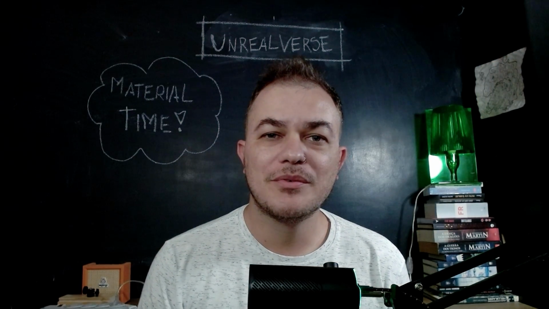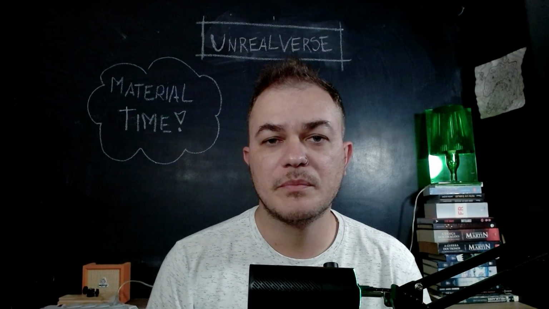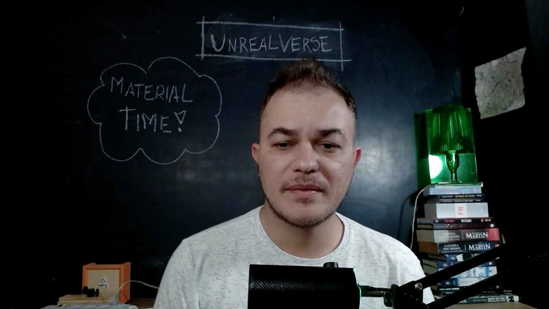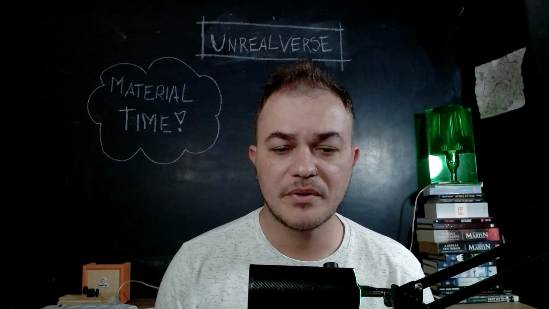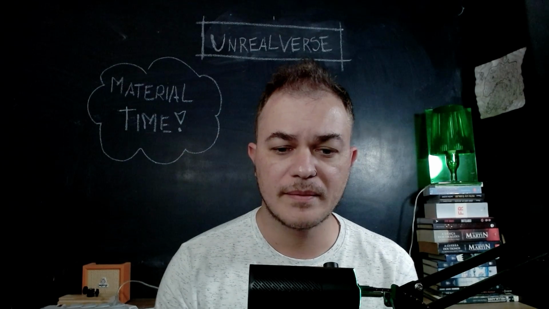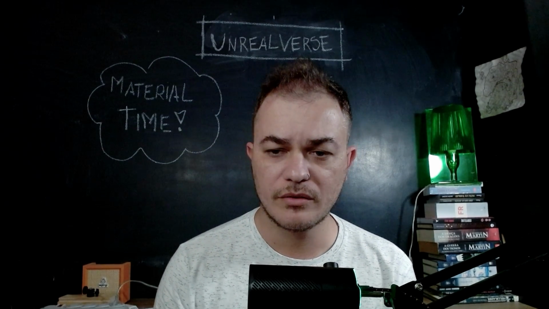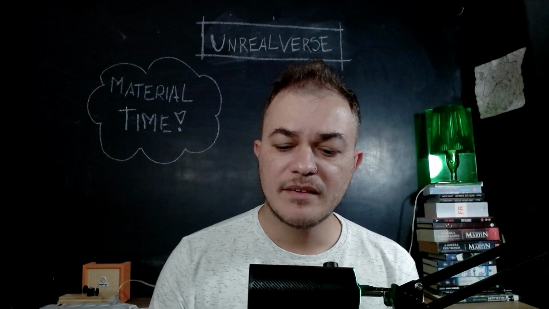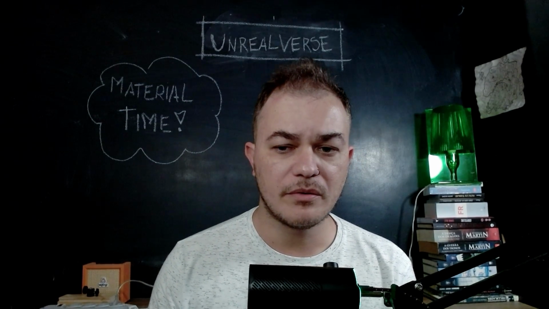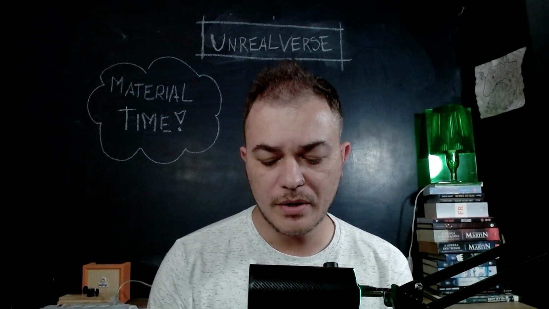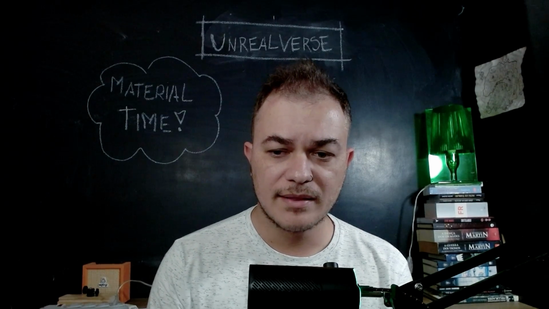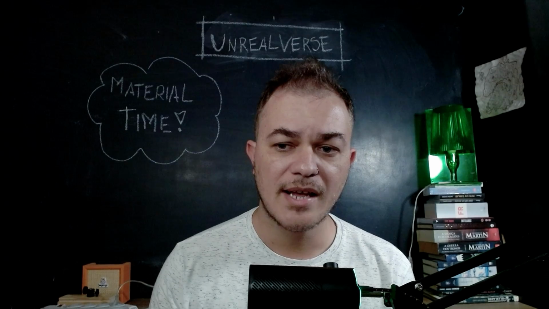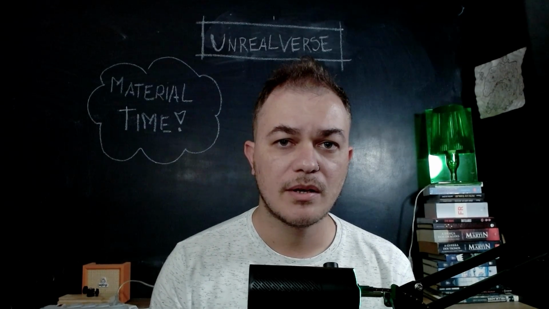So now it's time to talk about master materials and material instances. Well, master materials are pretty much a template. They are not a specific material, but they are a template that can be instantiated. So you can create a material instance of that template, and that instance can be different materials. What I mean by that? Well, we create a template, and then in that template, you just need to change the parameters inside of an instance, and then that material can be